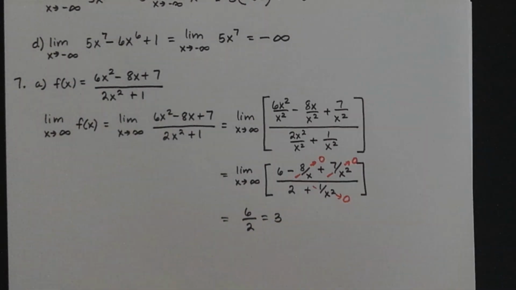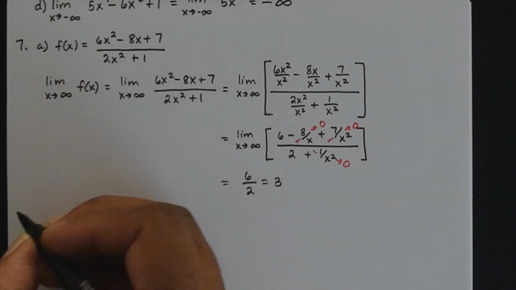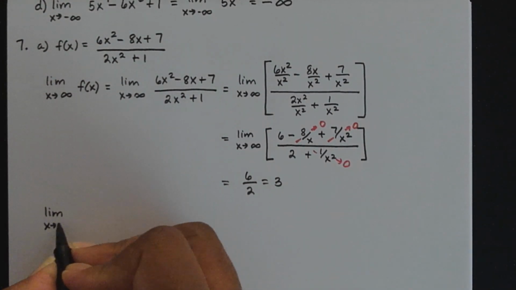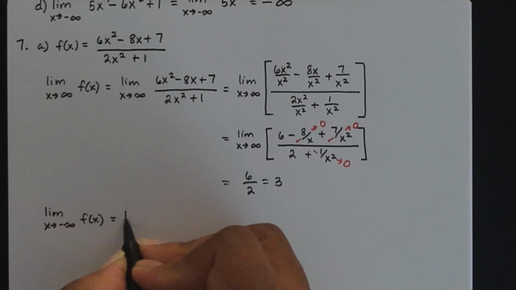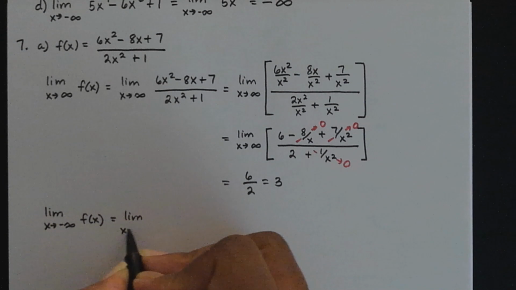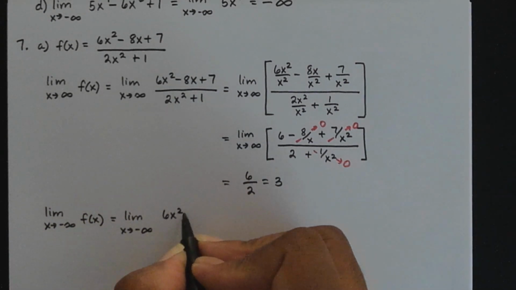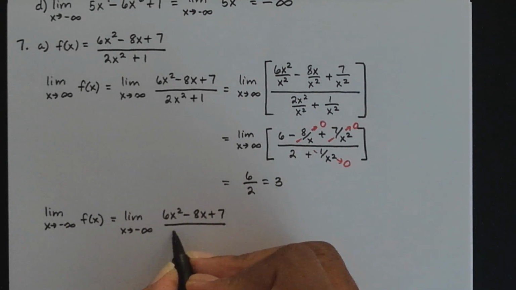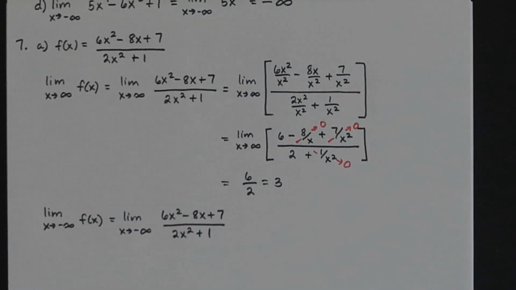Okay, so that's the limit as x approaches infinity. Now what about negative infinity of f of x? Which means if I take the limit as x approaches negative infinity of 6x squared minus 8x plus 7 divided by 2x squared plus 1. Well, if I go through that,